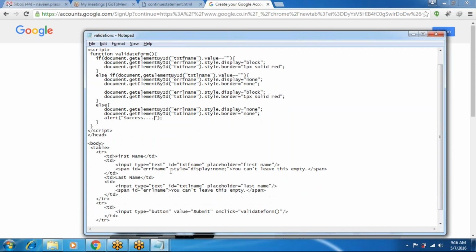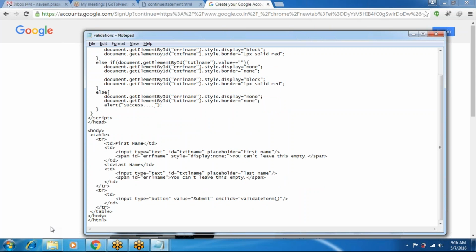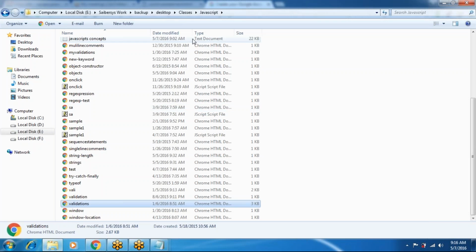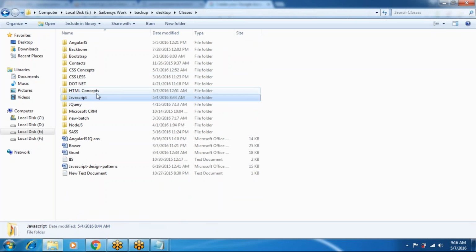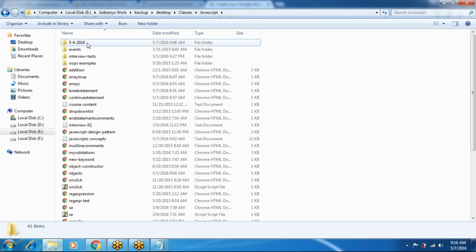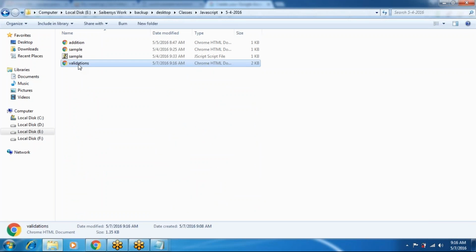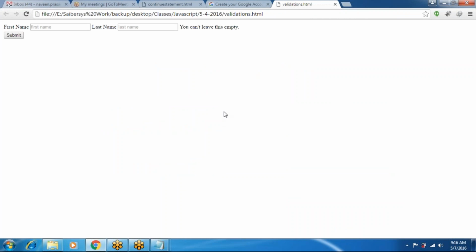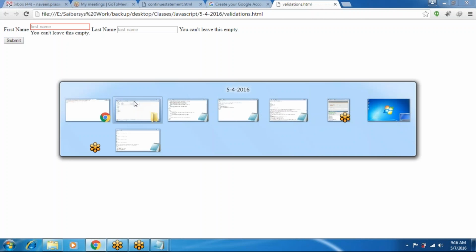Okay, run this example. Validations. Okay, submit. Okay, you can't leave this empty.